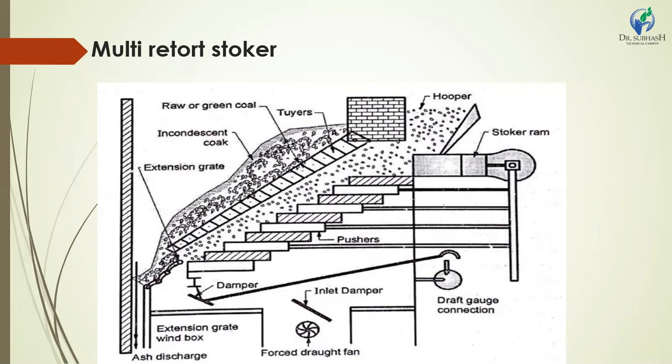The stroke helps in moving the fuel bed, and this fuel bed movement keeps it slightly agitated to help break up clinker formation. Primary air is supplied from the main windbox, and the fuel bed is situated below the stokers. The partially burnt coal moves to the extension grate, and from the extension grate it moves into the ash pit. Low pressure air enters the extension grate, and wind from the windbox is supplied to the thinner fuel bed on the extension grate. The quantity of air supplied is regulated by an air damper.